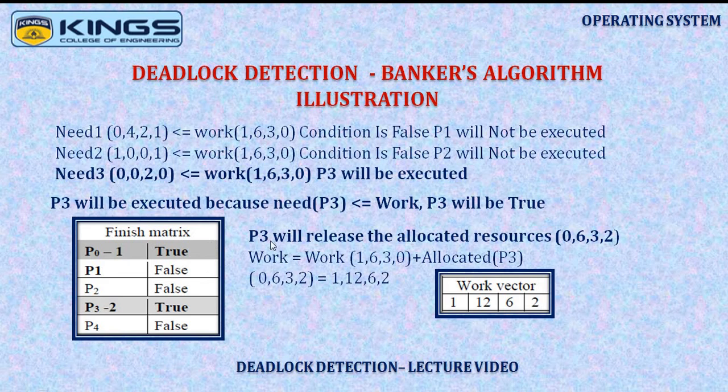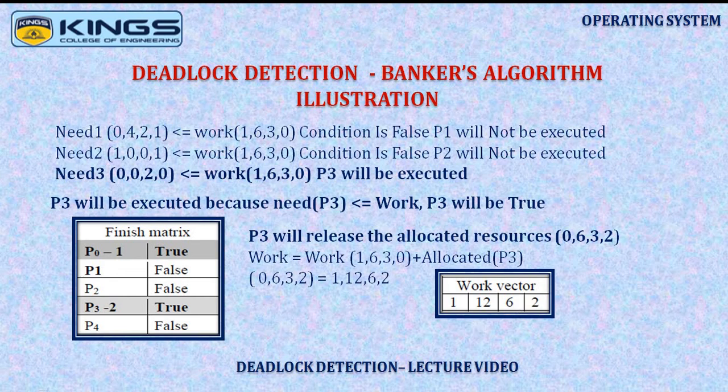Now P3, since it is completing its task, is going to release the allocated resources. It was utilizing 0, 6, 3, 2 number of resources. Now that will be added to the current work vector entry, which is 1, 6, 3, 0. So 1, 6, 3, 0 plus 0, 6, 3, 2 becomes 1, 12, 6, 2. So 1, 12, 6, 2 is the current work vector entry. So totally we have 1 instance of A, 12 instances of B, 6 instances of C, and 2 instances